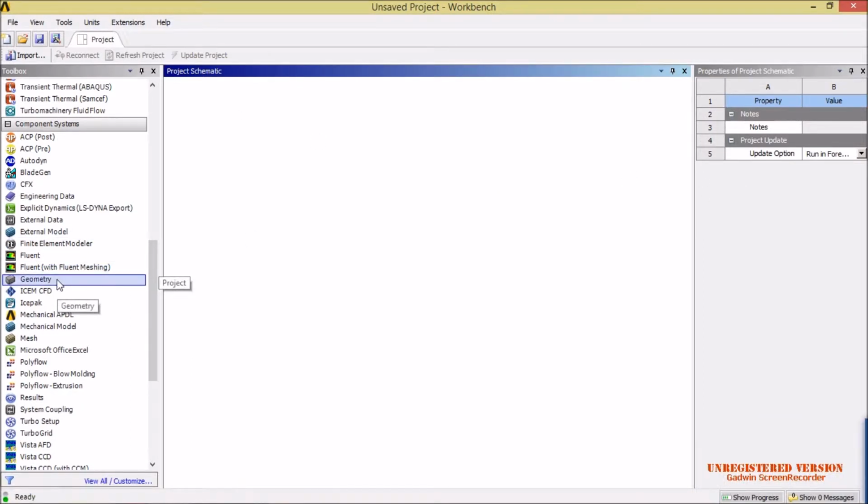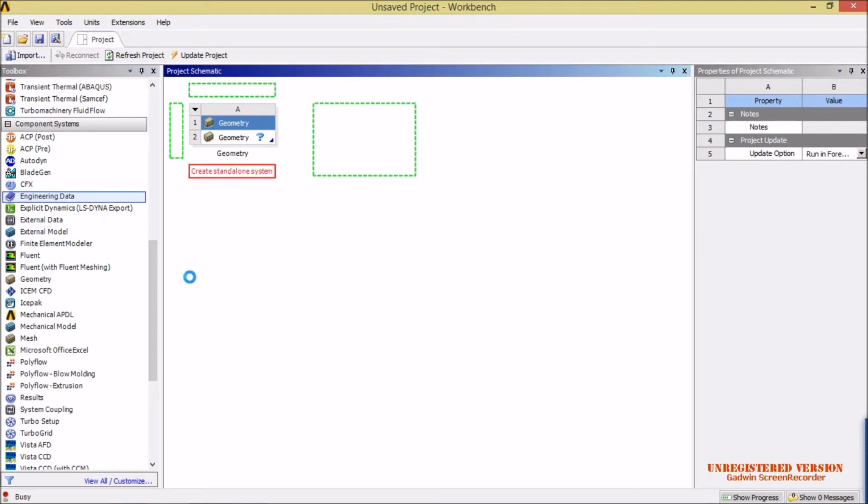So to start with the geometry, you'll have to select and drag into this project schematic. The geometry is selected and dragged to the project schematic. It will display a tab like this, and we need one more thing, which is engineering data. Do the same, create a standalone system,